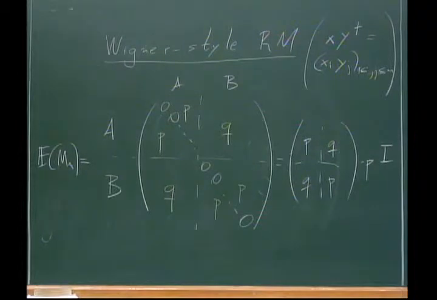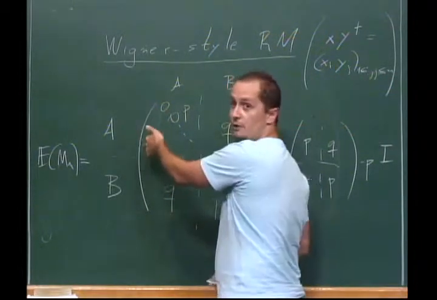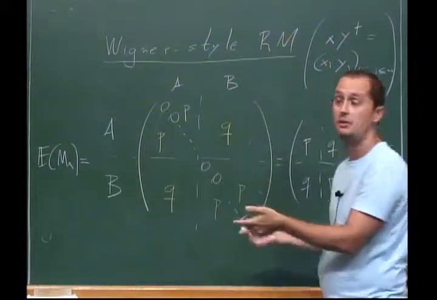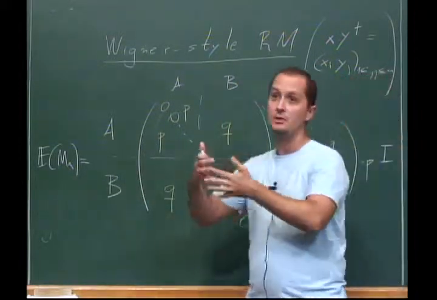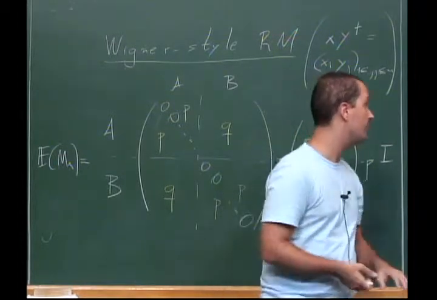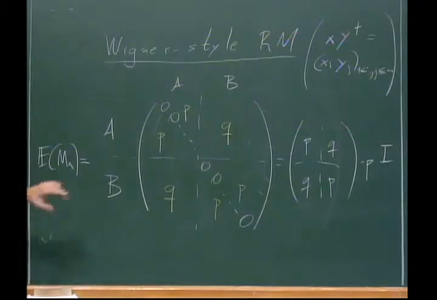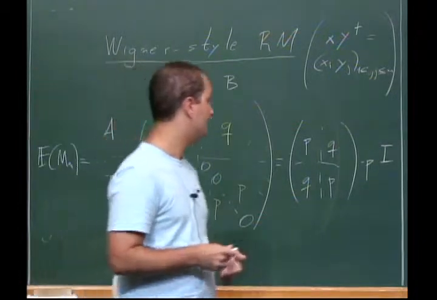But of course, we don't know that the elements of A are the first numbers, and then you have the elements of B. In general, A and B are permuted in an arbitrary way. So in some sense, what we want is to find the permutation that puts the expected matrix in block form like this. And the question is, can we do it from data?